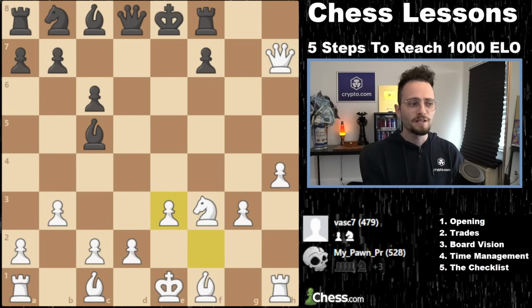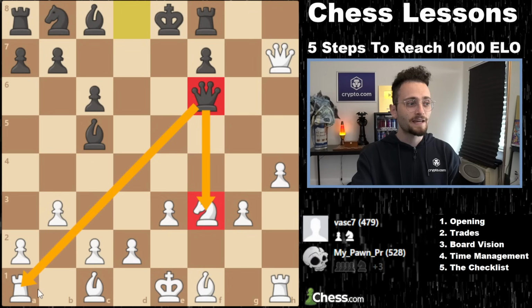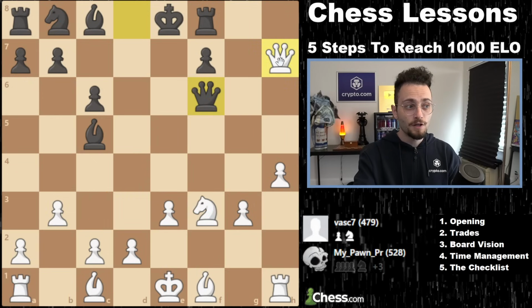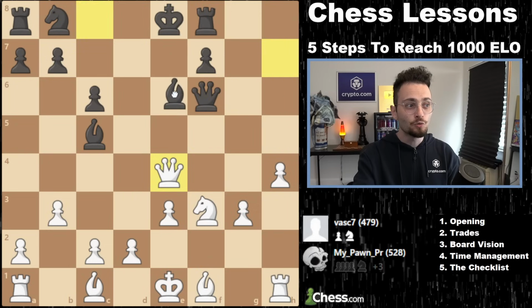So, okay, suddenly black has won some material back and plays the move Queen F6. That's a great move. The knight is hanging. This is hanging as well. However, if you use the checklist here with white, you're going to realize that check first. This check protects the knight, right? It protects the knight, and after you play it, you can then protect your rook by either moving it or